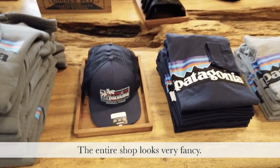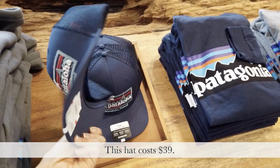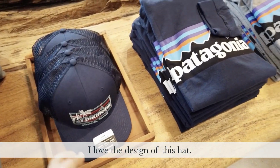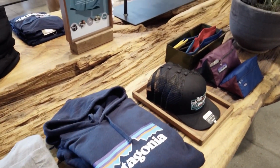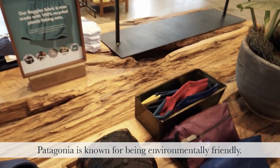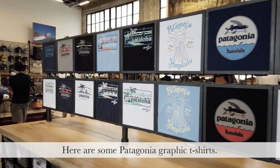The entire shop looks very fancy. こんな感じでとってもおしゃれなお店です。This hat costs $39. この帽子$39です。パタゴニアプライスっていう感じですけど、デザインはすごく可愛いです。I love the design of this hat. このデザインすごい好きです。Patagonia is known for being environmentally friendly. パタゴニアって環境にとっても優しいということで有名でもあります。